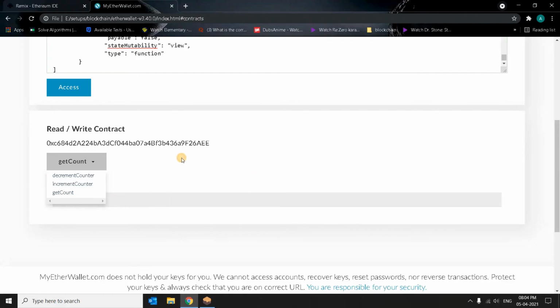Instead of using this simple UI, you can also build a website similar to HTML. For that, you have to install some Node.js and create a simple website. Maybe we can cover that in a future video. So this is a simple overview of the blockchain and deployment of the smart contract.